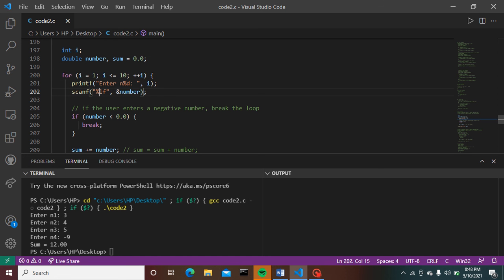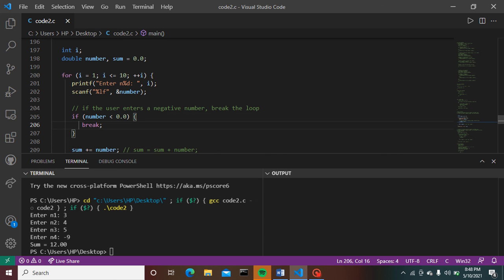Here, what happens? Enter n1. As 1 is given, enter n1. We have given the compiler the value 3, which is stored in memory in number.